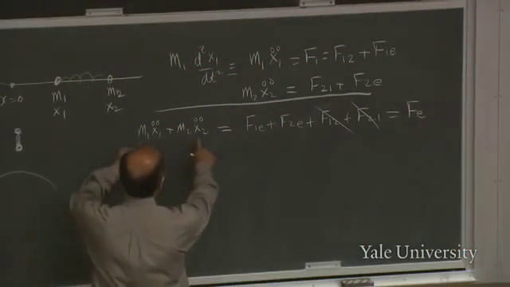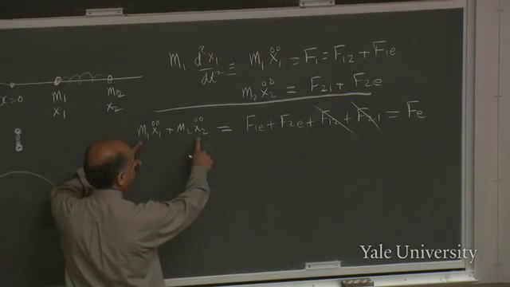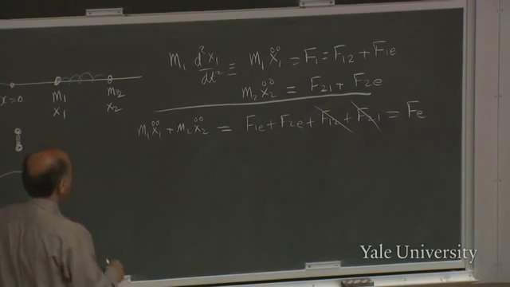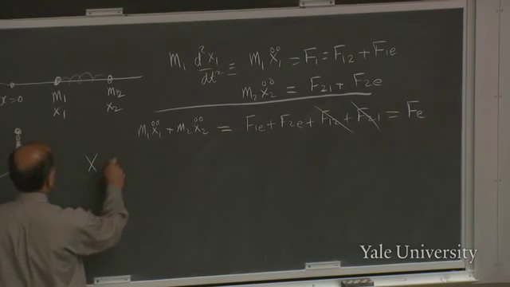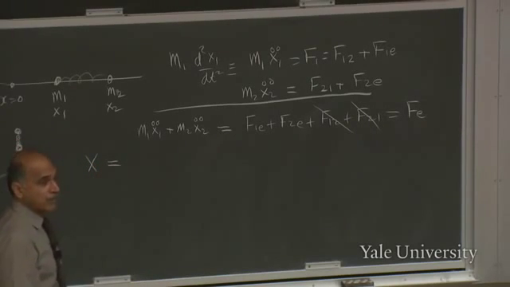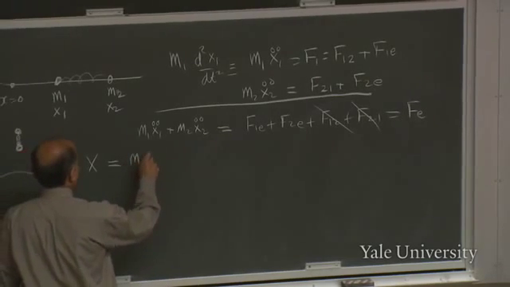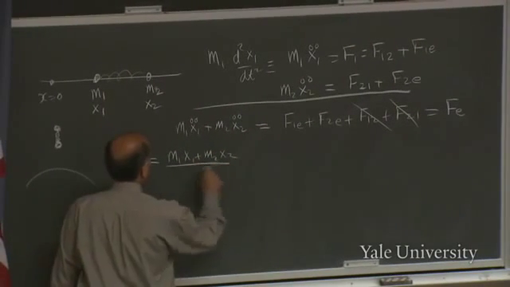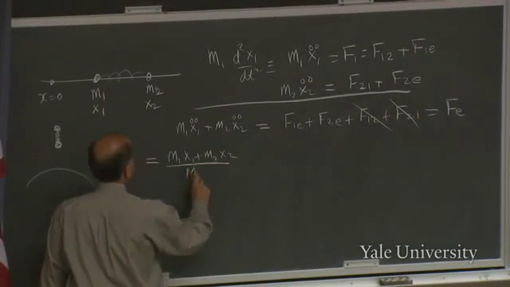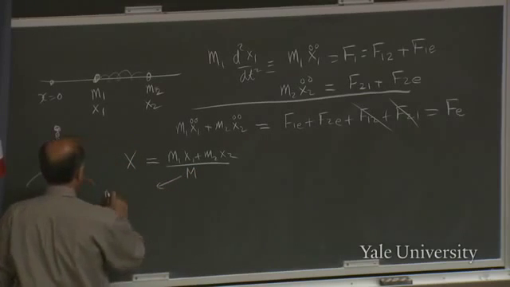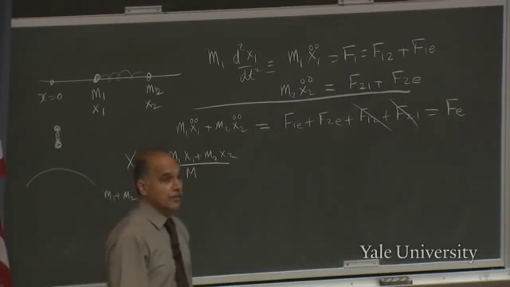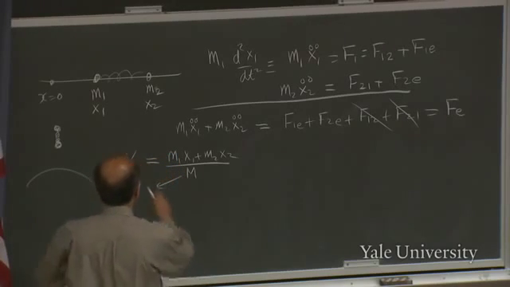So I have this peculiar equation. I'm going to rewrite it in a way that brings it to the form in which it's most useful. I'm going to introduce a new guy, capital X. As you know, that's called the center of mass coordinate, and it's defined as m1 x1 plus m2 x2 divided by capital M. Capital M is just the total mass, m1 plus m2. If I do that, this is a definition,